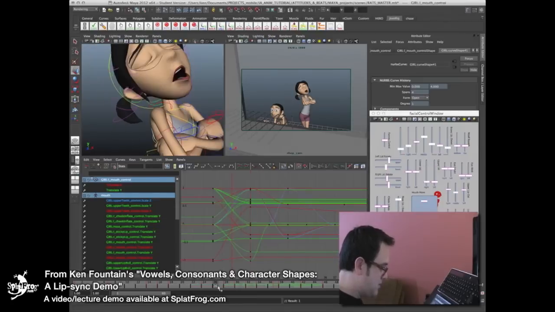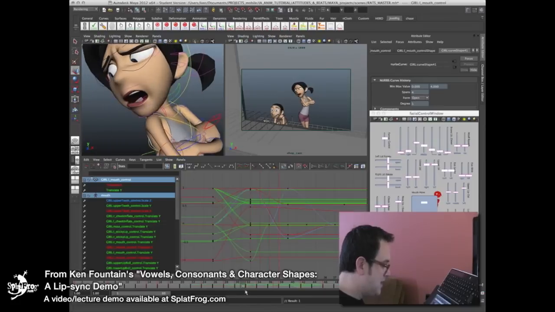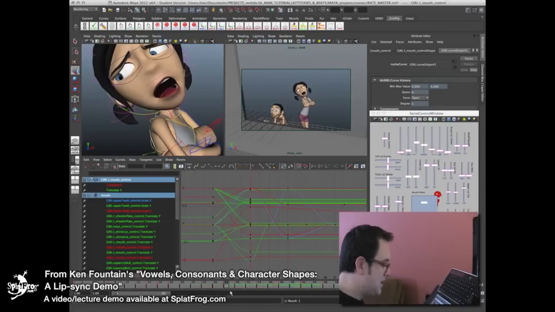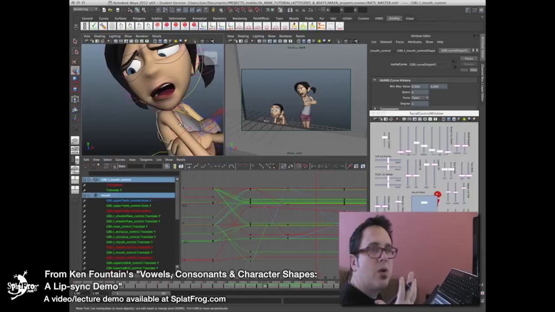And then as I scrub through, it looks like it will eventually relax into a lesser shape. And that's what we'll be figuring out in the hold. But as long as I got that first "ah," I want the E, which requires me to bring the teeth together more and widen out those corners, possibly in a little bit of a smile. Like "ah, e, ah, e, ah."